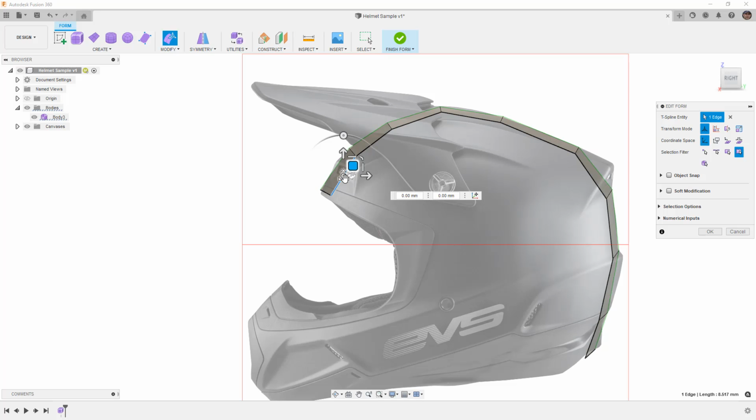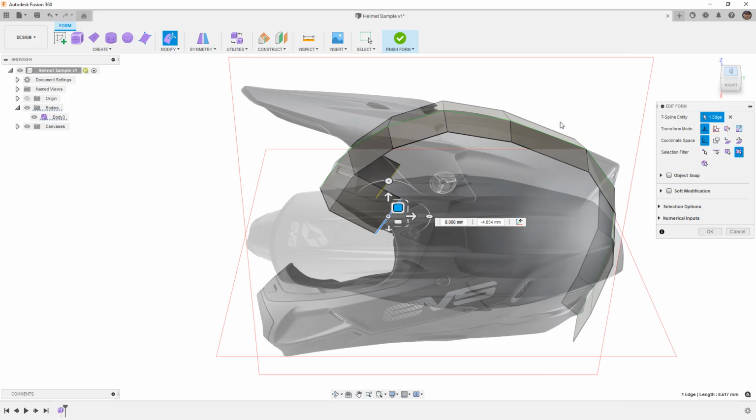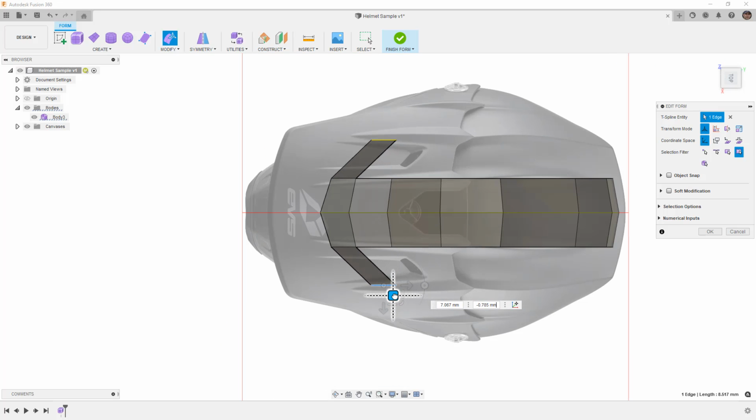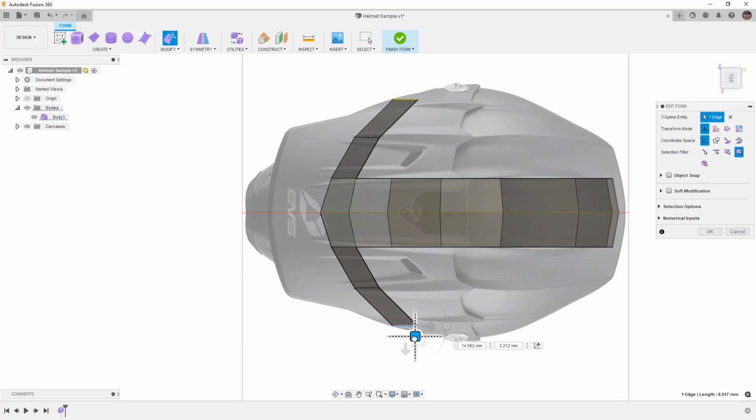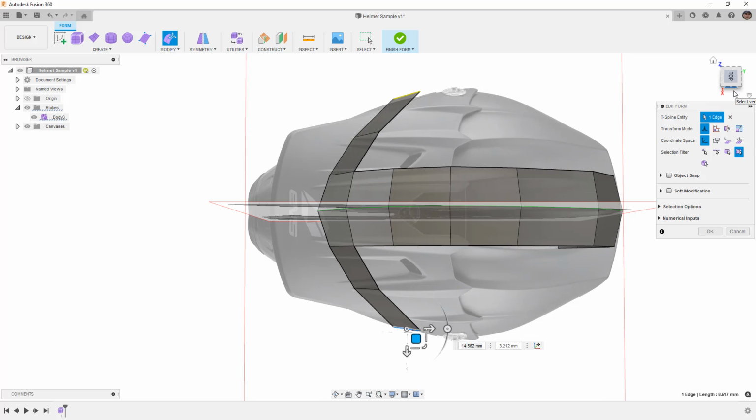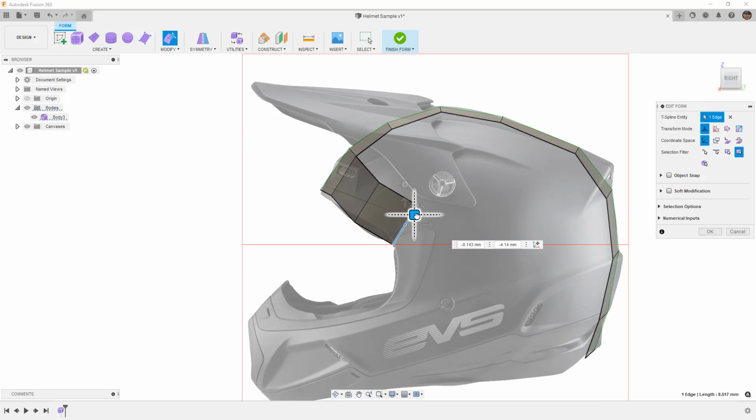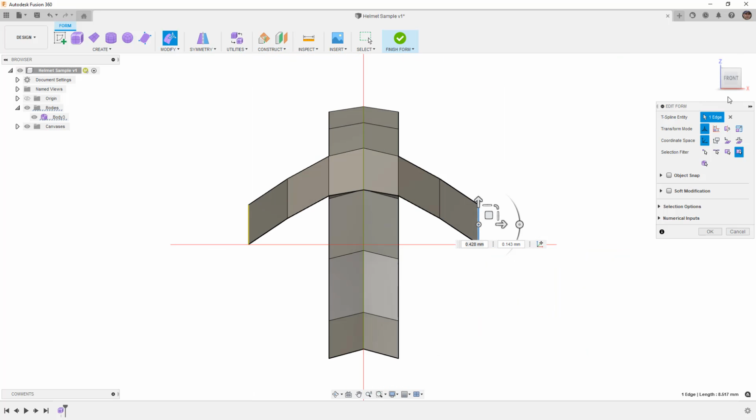From here, I'm going to take this edge and begin extruding it out. And as we do this, I need to switch to a top view because I need to pull this out. While I don't necessarily have visibility on the shape from this direction, we know that it's going to be rounded and it's going to carry on back around the helmet. So if we come down to the side, we can sort of work in plane. We can move from the top to the side view and just manipulate these as we see fit. And it's also good to go into a front view to make sure that we are getting at least somewhat